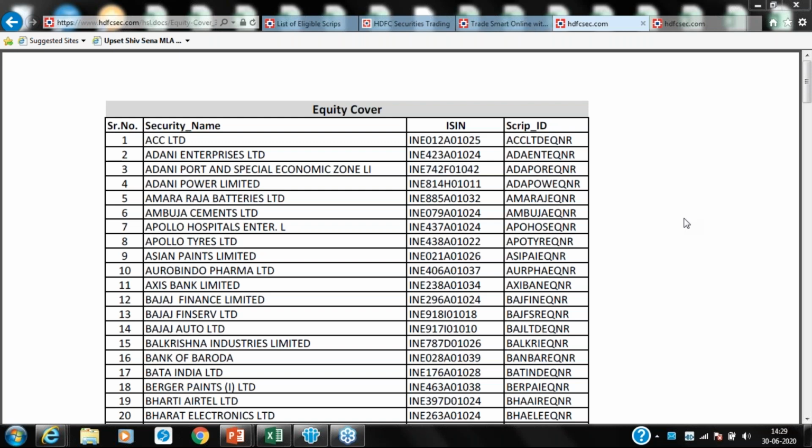Manish has a question. Can we convert a cover order to an e-margin order also? Yeah, Manish, we have this feature. Although I will suggest you check with the relationship manager before placing it once again. We used to have this feature, but before converting the cover order to cash or e-margin, once again, confirm it with the relationship manager.